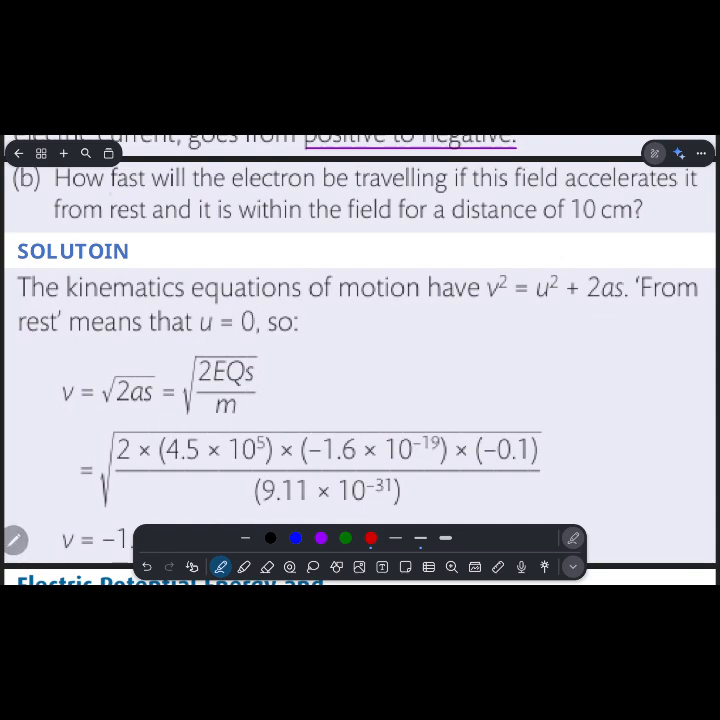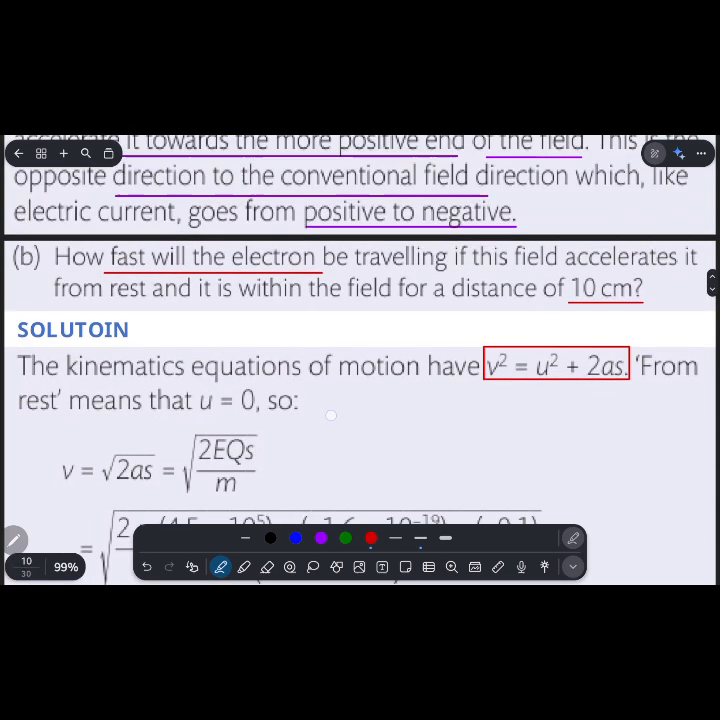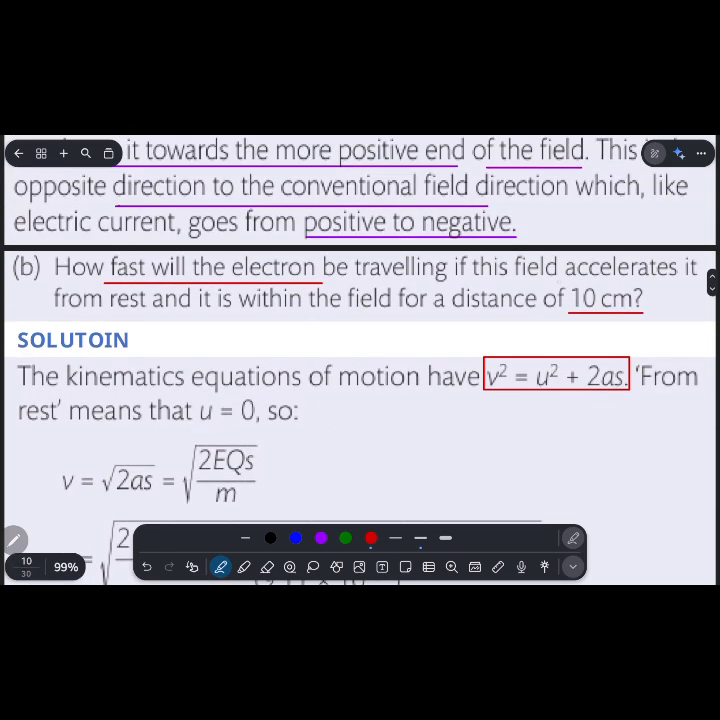As I want to know the speed of the electron through that distance, I must have an equation which would link speed and distance, and that is your third equation of motion: v square is equal to u square plus 2as. Here it is mentioned that the electron started from rest. It means this u will be 0,